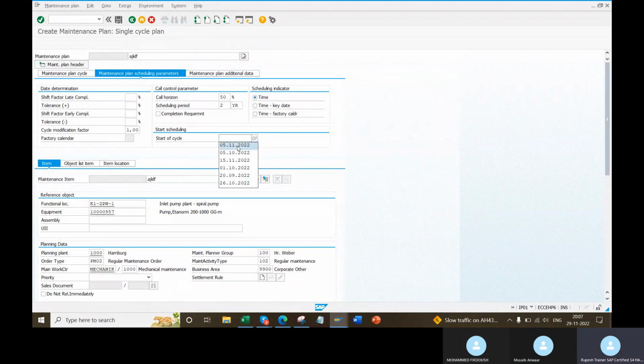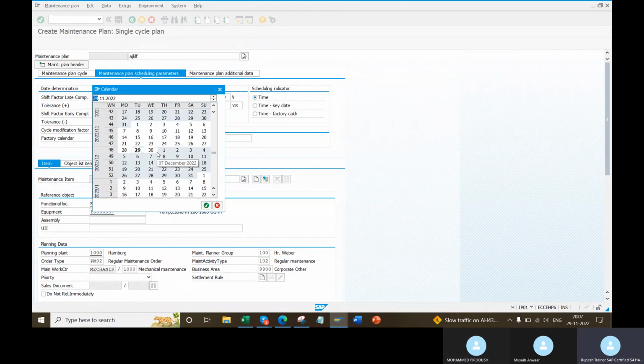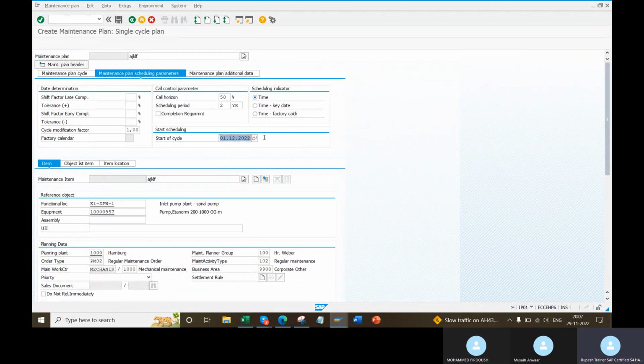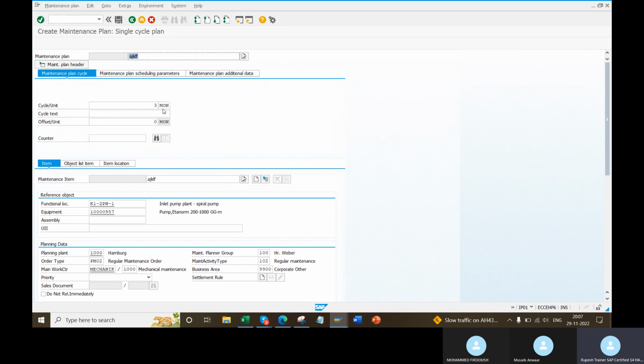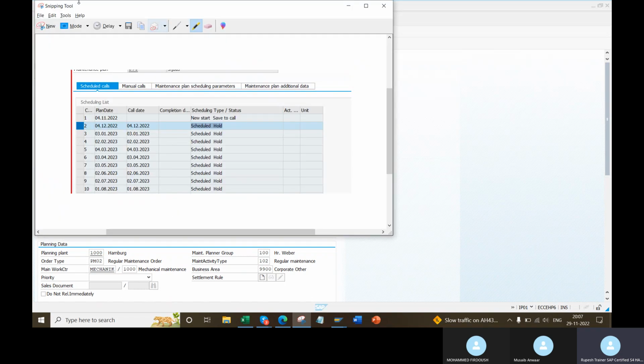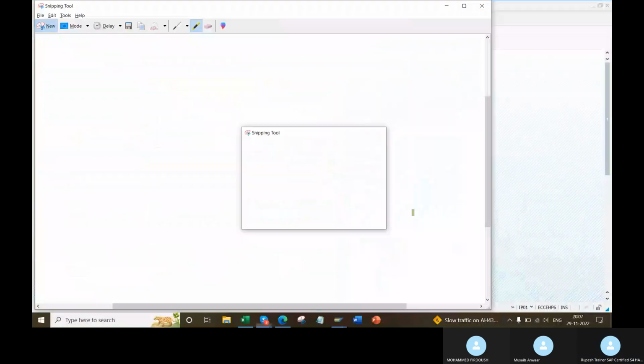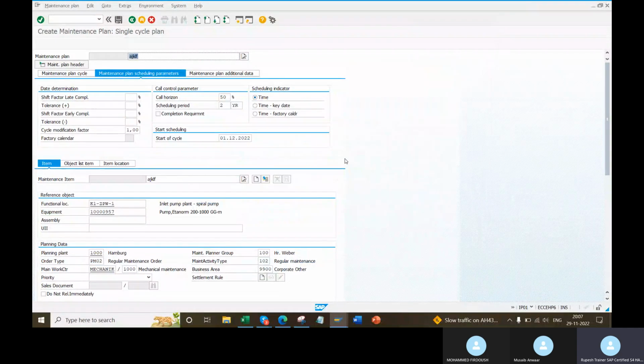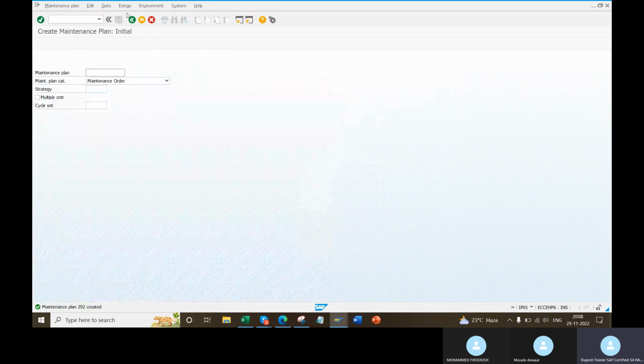Okay, startup cycle I'm giving. Correct date I'll give from first, then only you'll understand. 112 I'm giving. My startup date is 112 and it is a 3-month cycle. Okay, 3-month cycle. Right, I'll take this. And preventive will be like this only. It takes time to understand, not like work order and all. Preventive, little, still we didn't go much. Slowly speed is increasing. Okay, schedule it. Go type it in 292.